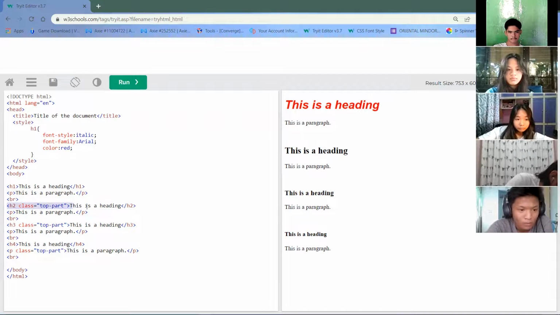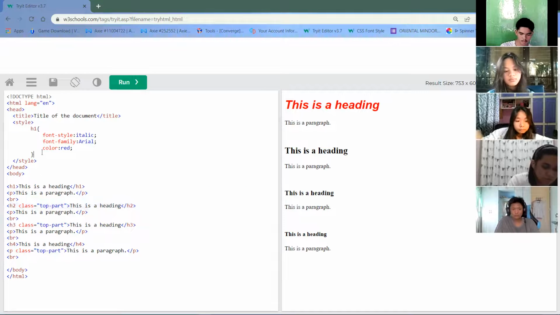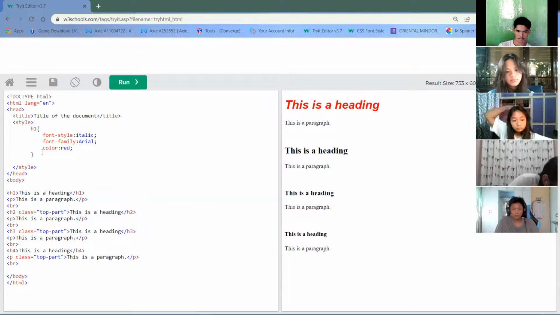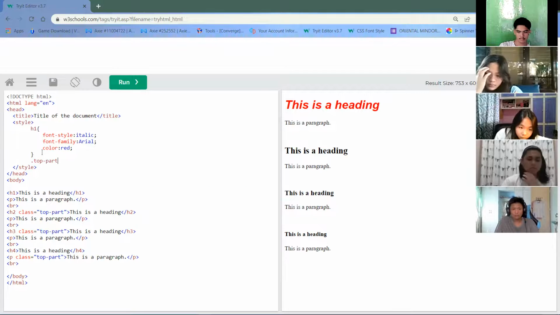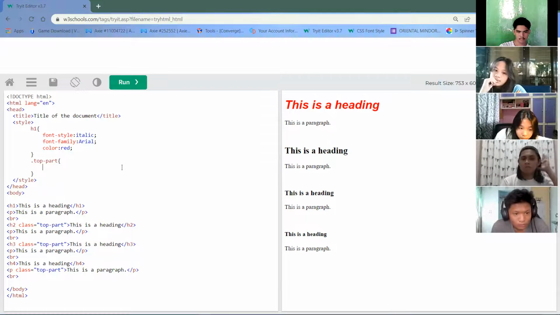So in here we have 1, 2, 3 tags that are in the same class. All of them have a class of top part. So in order to call the top part, that is period top part, and then we're going to apply color